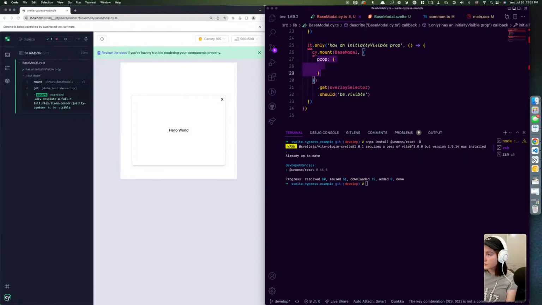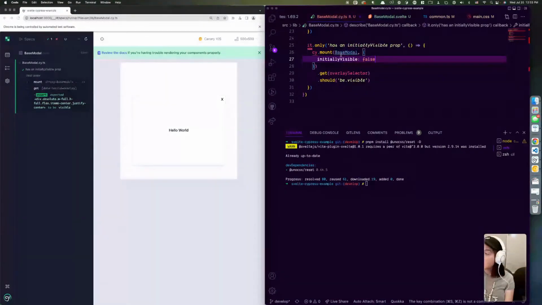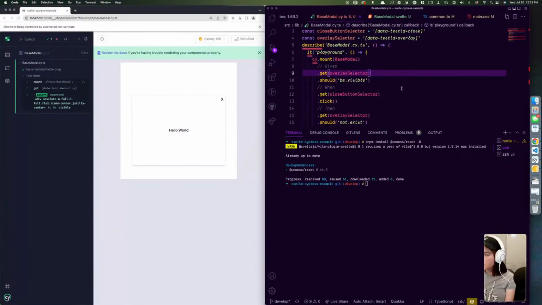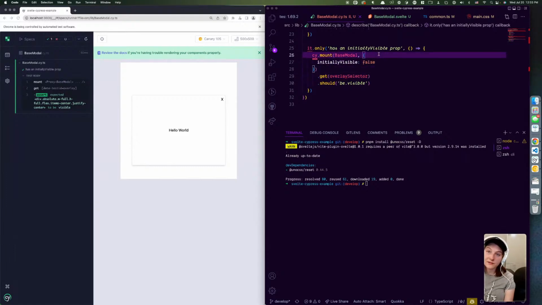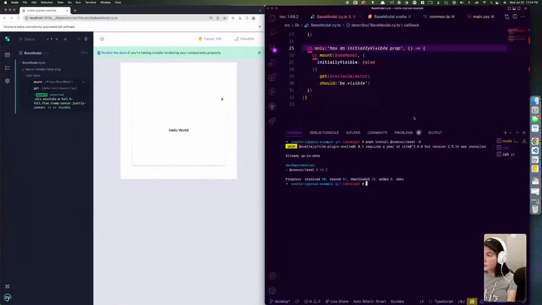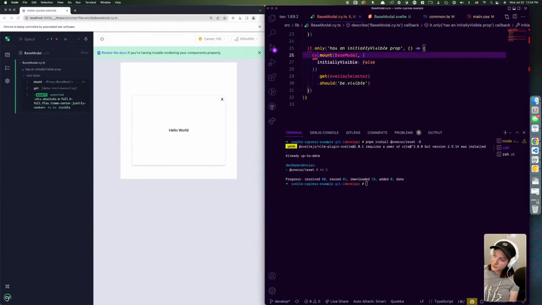No. That's not great. That is very much not great. So, let's see what we got going on here. The way that I did this, this is a preview of Cypress's support, by the way. I did this last night. The way that the mount command works, I can explain it to you. It is almost a duplication of the testing library mount command. And we're going to get a little more advanced now because I'm going to show you the implementation because it's dead simple. Because we're not able to get initially visible working because I have a bug in my implementation,